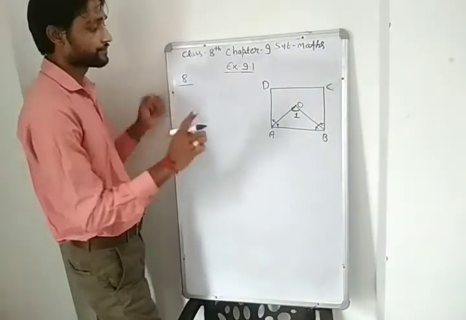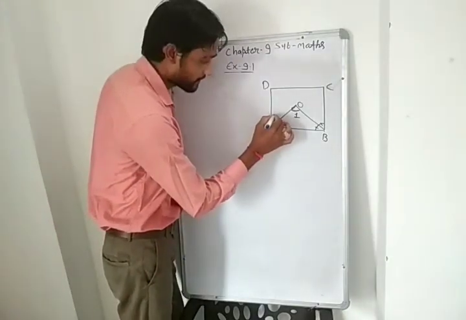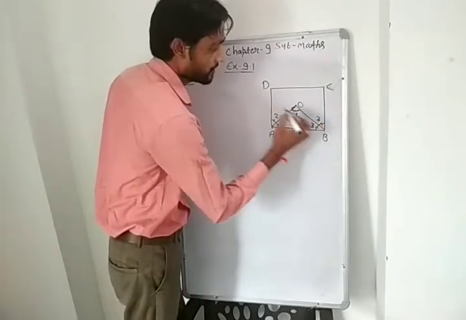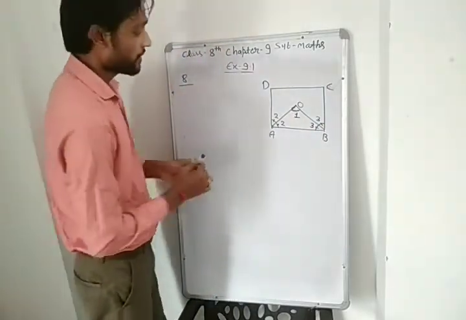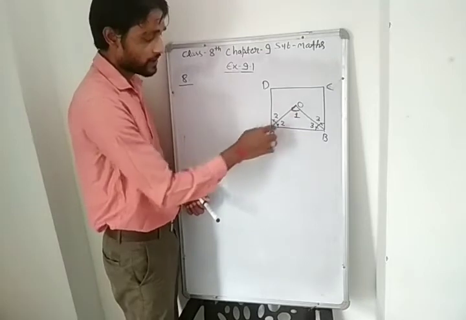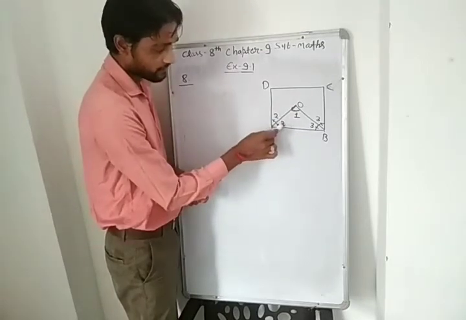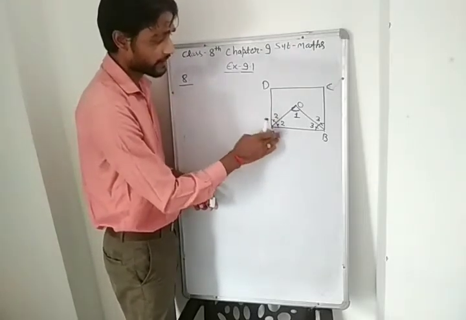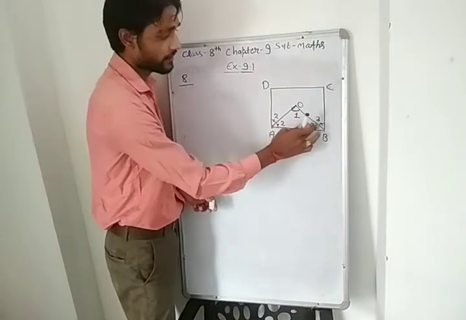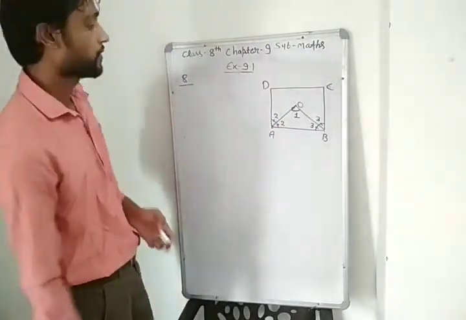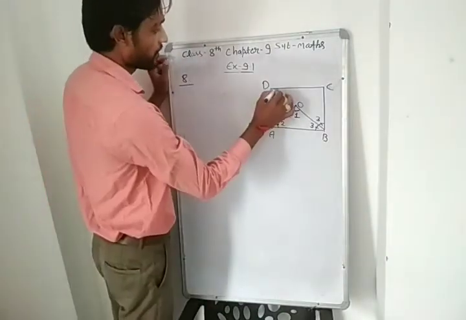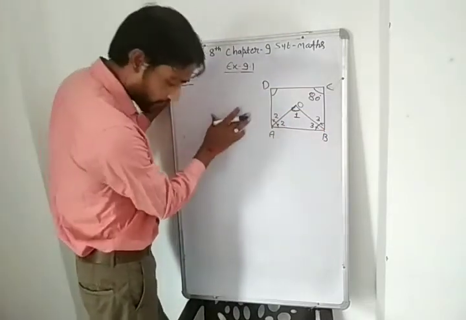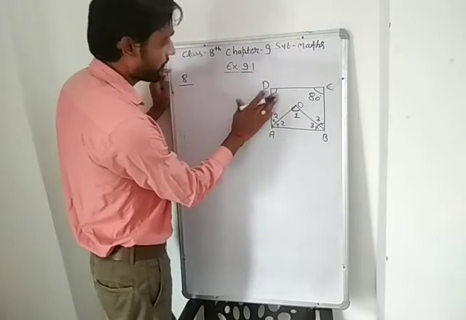Clear? And now, if this one is angle 2, and this one is angle 3, it means this one is also angle 3. Okay, why? Because this is an angle bisector. So the value of this angle is equal to this angle. So we are taking here the value of this angle as 2 and 2, and here 3 and 3. Clear? Okay, now the value of this angle is 80 degrees, given, and the value of this angle we don't know.